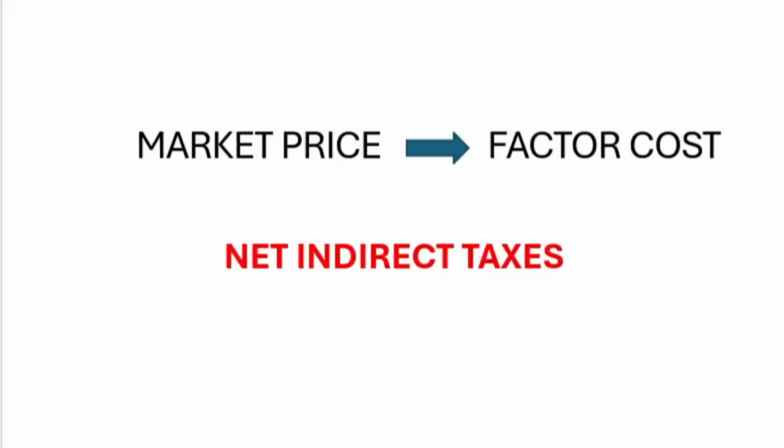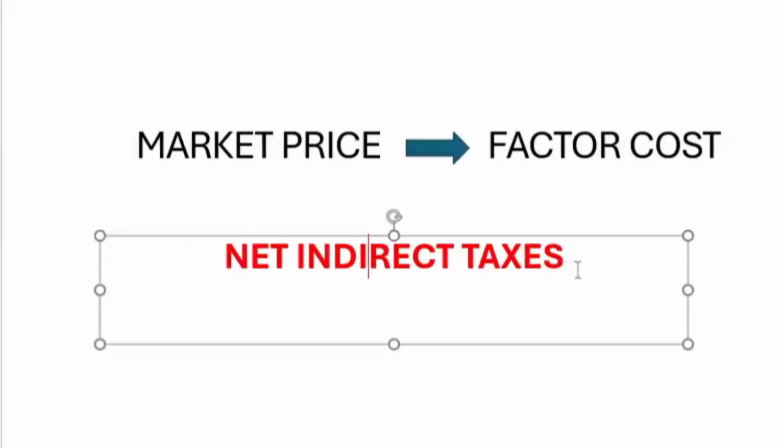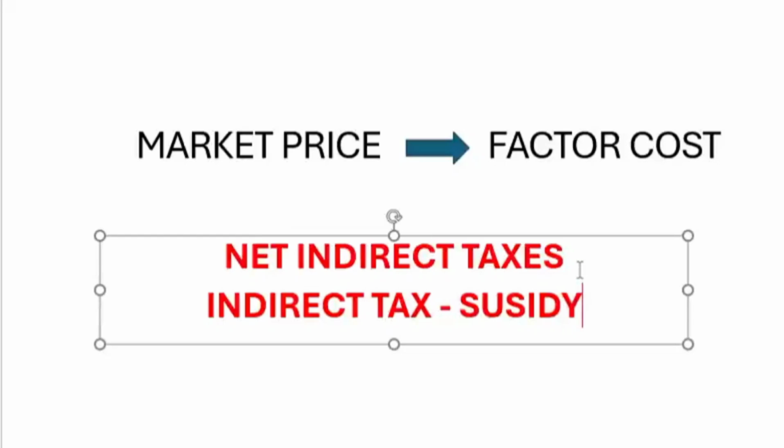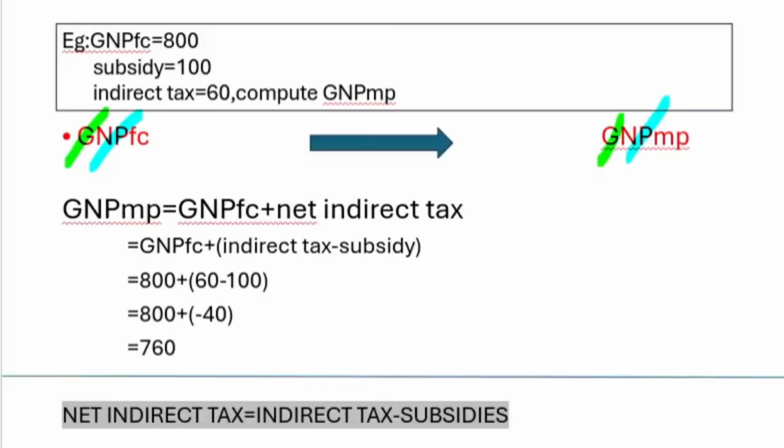Now the next relation, that is market price and factor cost. We do have the thing in between them as net indirect taxes, which can be further formulated as indirect taxes minus subsidy. Okay, don't expect them to give you net indirect tax as such. So you need to further formulate it as indirect taxes minus subsidies. Now on to the example. We have GNPFC, which is 800. We are asked to find out